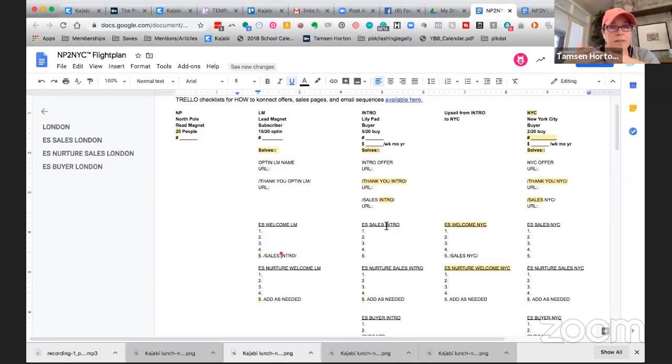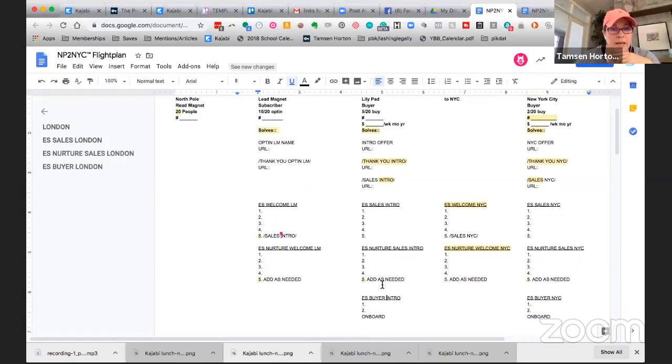So they clicked, they bought right away, they didn't hesitate. Your automations will move them to the buyer sequence and take them out of the rest of the sales emails. So yes, this is exactly how you follow a 5-day challenge.